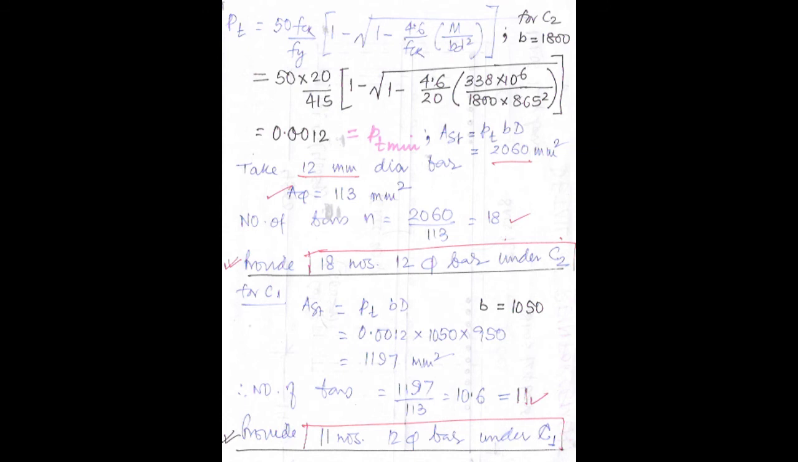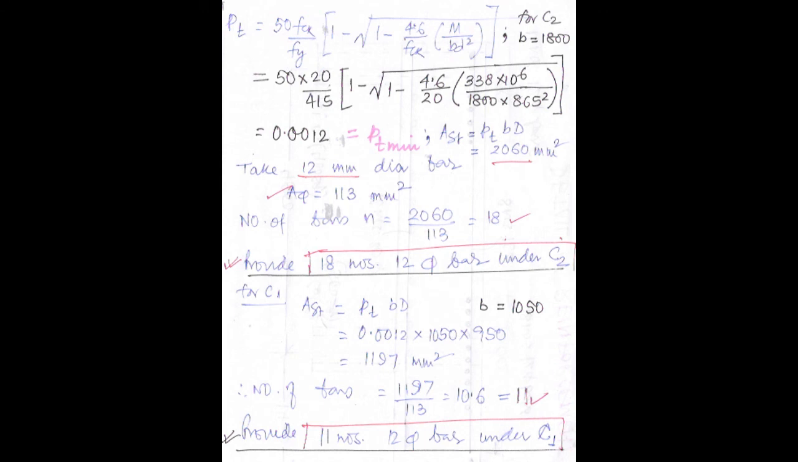Our conclusion will be: provide 18 number 12 millimeter diameter bars under column C2, and you repeat the same procedure for C1. But here, pay attention in the exam, or in the designing also. Always put your concentration here and do not blindly follow the steps and proceed. You just put your intelligence here. That moment value was 338 into 10 raised to 6 for the column C2 calculation, correct? Now for C1,